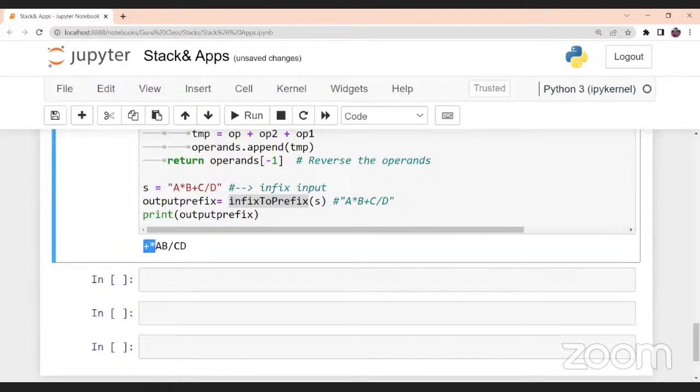So here, plus and multiplication are placed at the very first, and then the operands, that is A and B here, and then operator division is placed here, and then C and D operands are placed here. So this is the output of converting this infix value to this prefix value.